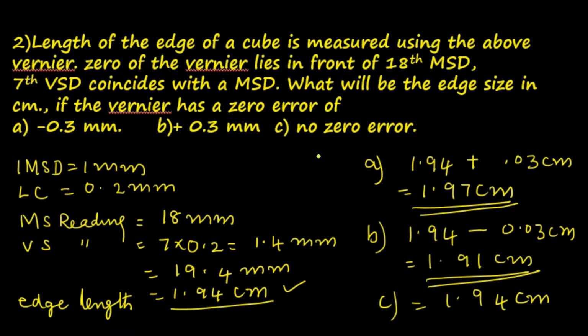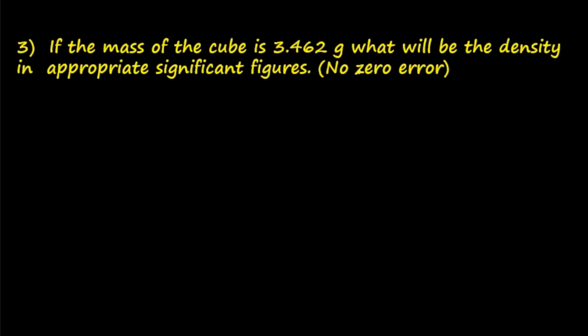The same vernier caliper cannot have all these 3 conditions together. It will be either having no error or having a positive error or having a negative error. We considered all these 3 cases for the same problem so that you understand all the details clearly. Now we will pass on to the third problem where we will also incorporate application of appropriate significant figures in the answer. Now let us do the third problem. This is a continuation of the previous problems. So we will need data from that problem.